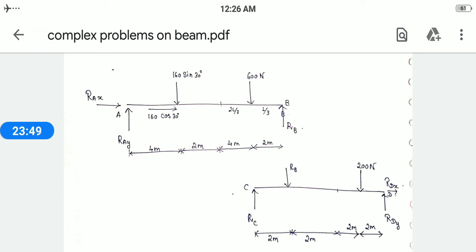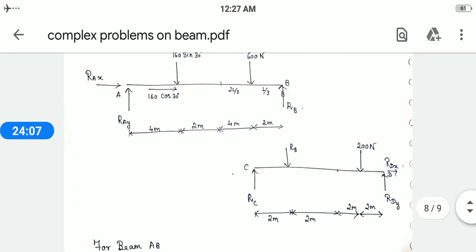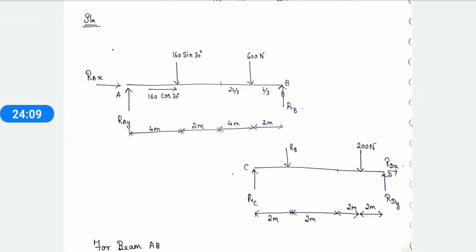Okay. So we had just now differentiated into two different types of beams. So what is the next step? We have to calculate A to B: summation of H is equal to 0, summation of V is equal to 0 and summation of moment is equal to 0. When you do that, you will get a value for RB, RAX and RAY. When you get RAX and RAY, you can directly calculate the value for RA.